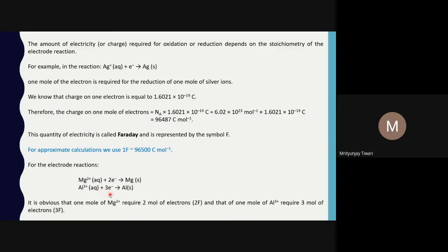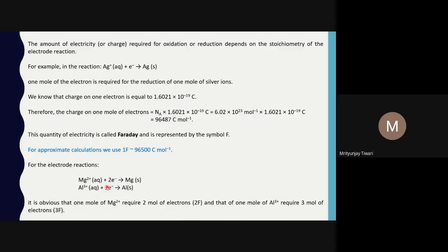Now in the case of the aluminium cation, aluminium requires 3 electrons to get reduced from aluminium 3 plus. What does it mean? It means 3 equivalents of aluminium are there in 1 mole of aluminium. So 1 mole of aluminium is equal to 3 equivalents of aluminium. It means 3 times the equivalent weight of aluminium will be equal to the molar mass of aluminium. Thus, the equivalent weight of aluminium will be equal to molar mass divided by 3. And so, this is for the cations. For anions, we will also see a similar example. For example, take the oxide ion.